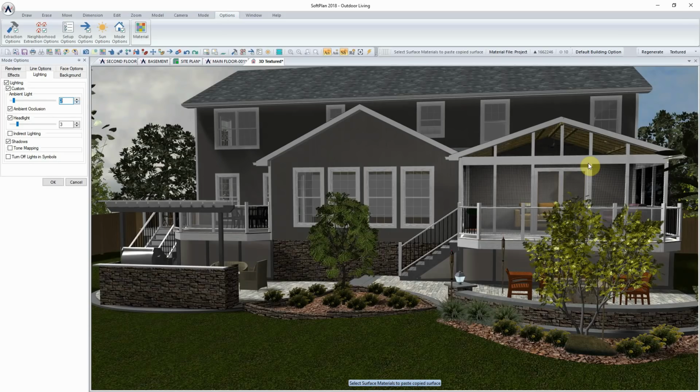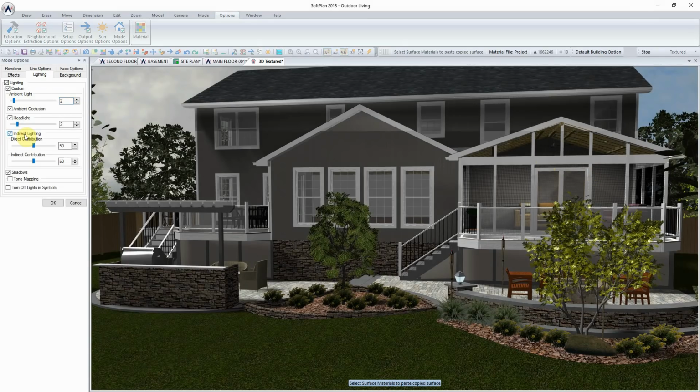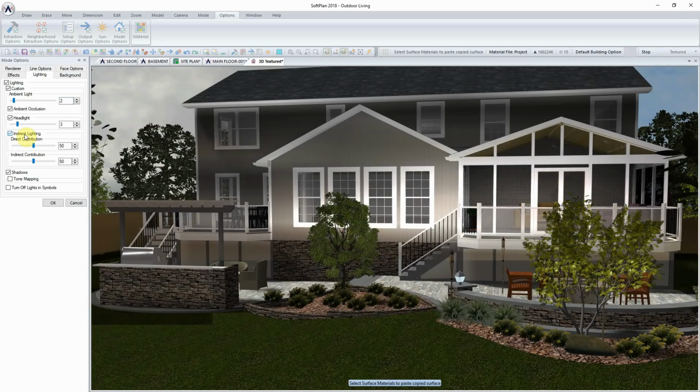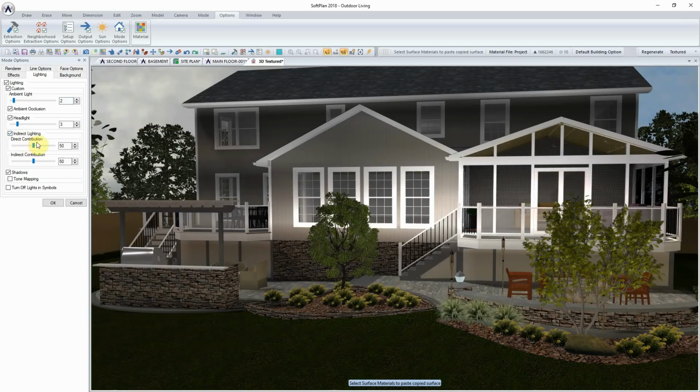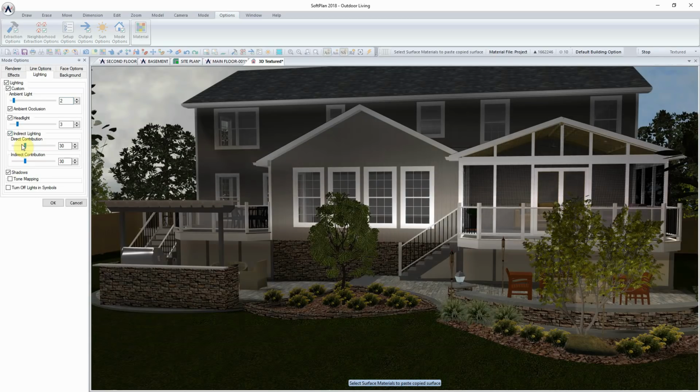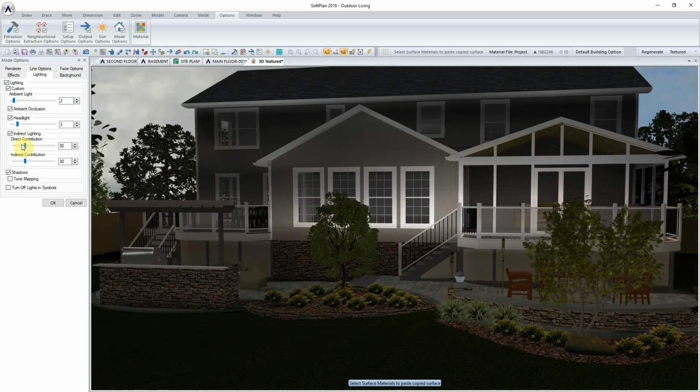Okay, as we move down into the indirect lighting and turning it on, at this stage you're going to have both a direct contribution of lights and indirect, depending on light sources within the model itself, and you can certainly control that once again using the slider bar with how much the model is going to be lit. And the best thing for lighting really comes down to using actual light sources on the model,